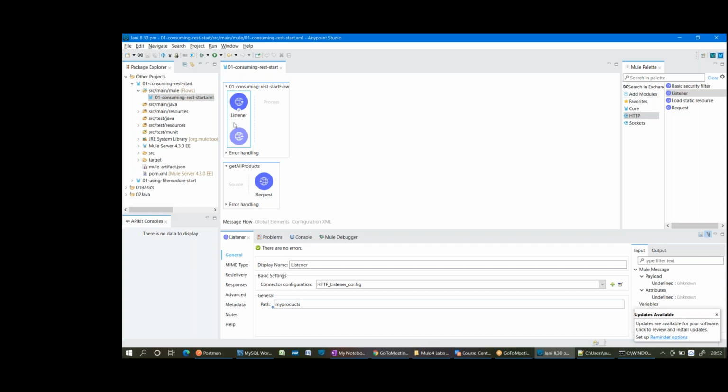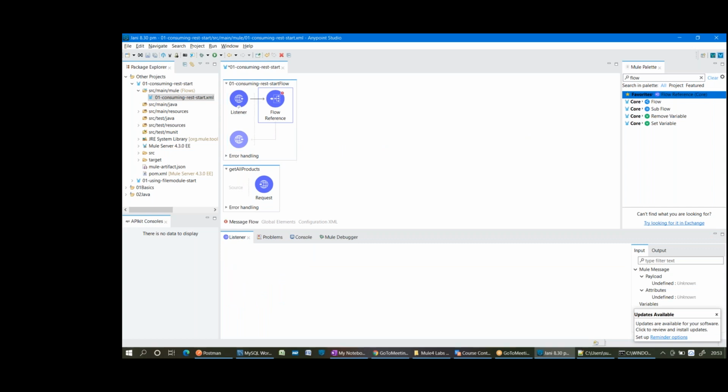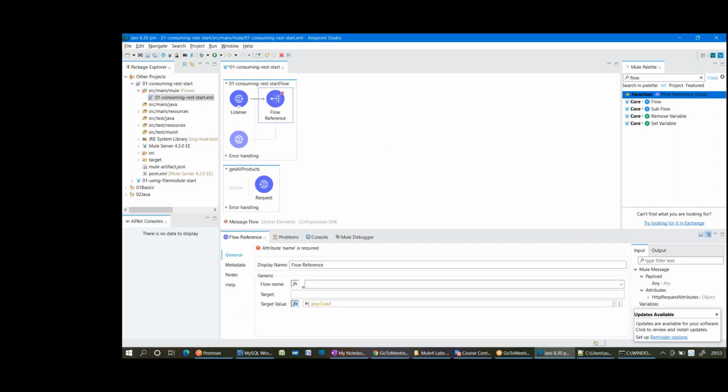You need to have a flow reference to point to the second one. If you want to invoke from one flow to another flow, we use a flow reference. So what is the scope of a flow reference? It's a project level.